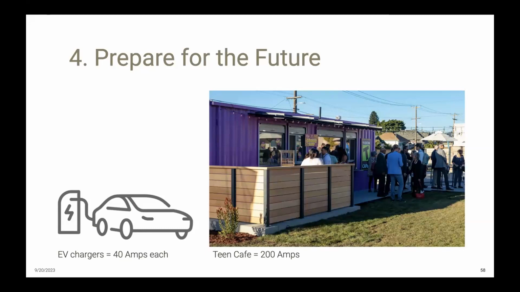There have been some EV chargers added and unexpected program expansion, like this great little cafe that's pictured here in a shipping container. It's a place for job training for teens, so it's a really exciting program. But when we first talked about it, it was estimated that it needed about 50 amps of electrical service. And as the program evolved and grew, it ended up needing 200 amps. So between the cafe and 4 EV chargers, there isn't enough electrical capacity remaining to electrify their existing natural gas powered commercial kitchen, which is unfortunate.